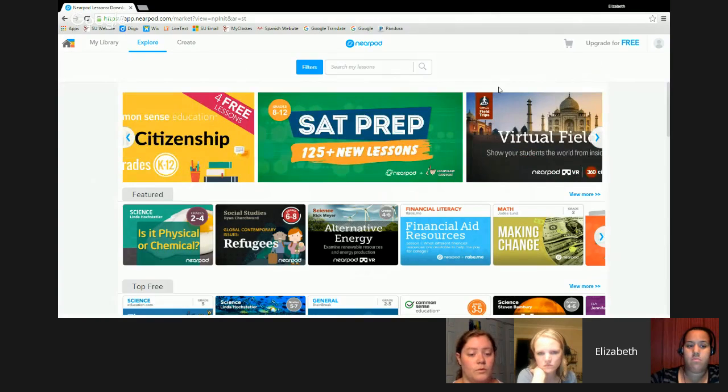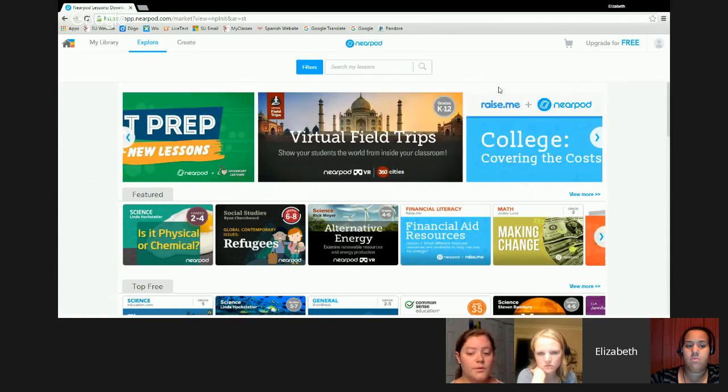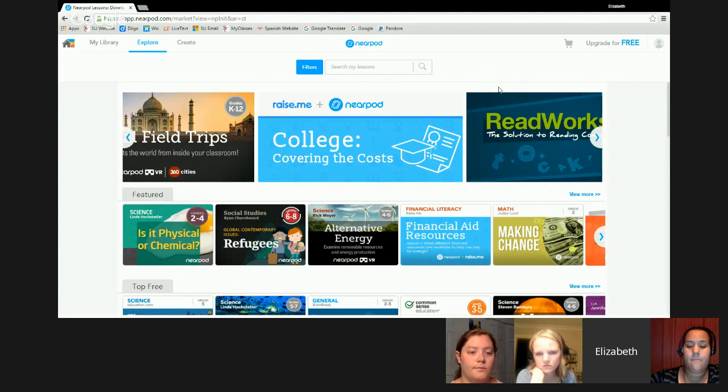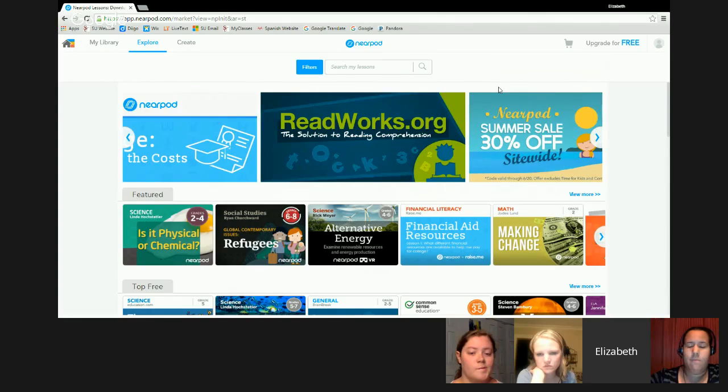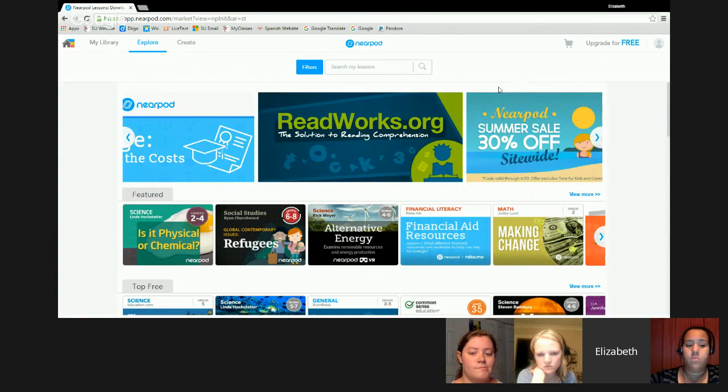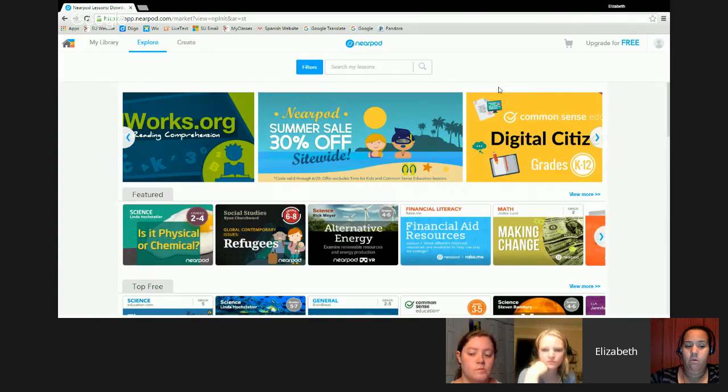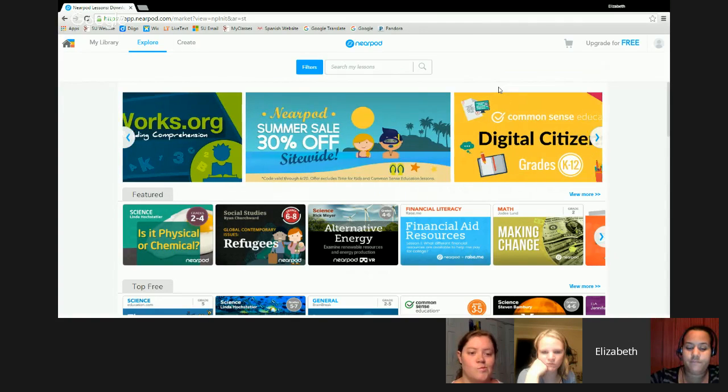And something that would be not too great about this would be, because it is technology, you could encounter difficulties because you can't really get access to a Nearpod unless you have that technology aspect and internet as well. So for example, if your student doesn't have internet at home, they wouldn't be able to access that homework code